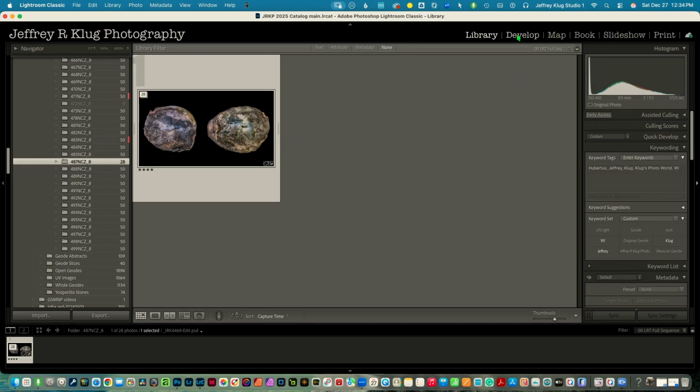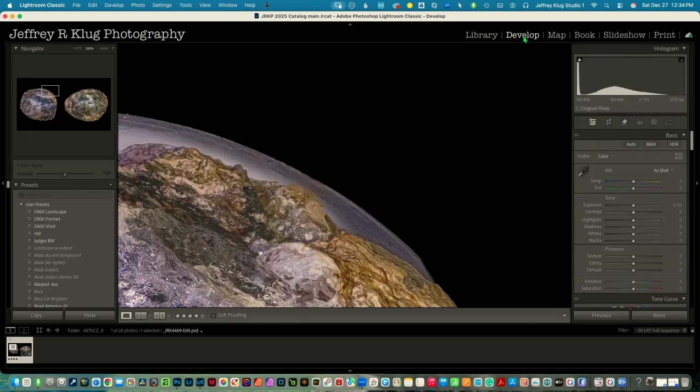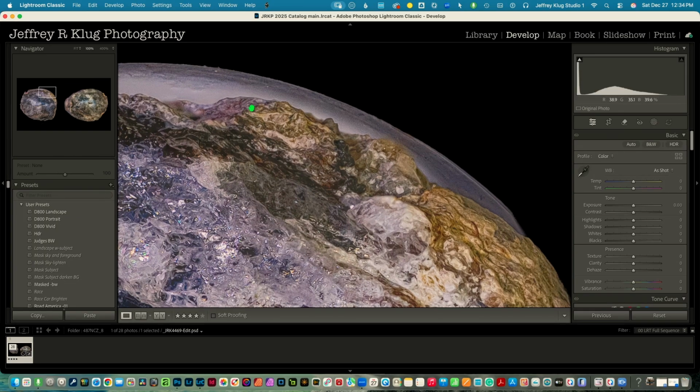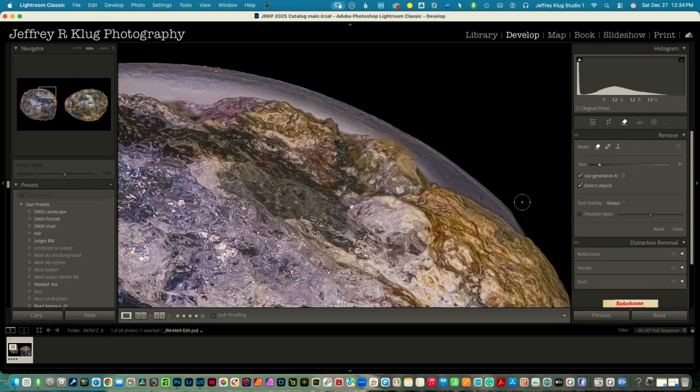Now I will take it into Lightroom, and oh, I can see that I missed on some of that framing. I didn't realize that there was some on the top. Now I could either go back and try to get rid of it on the original, which is probably what I really would do. But let's try something different since I don't really want to have to go backwards. We will use the remove tool,